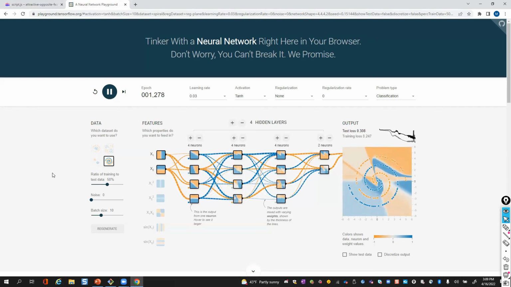Yes, I have a question. Yeah, go ahead. I have, I guess, a 2-part question. First, on the output where it says test loss, are you trying to get that number as low as or closer to 0 as possible? I am. Okay. I'm trying to bring these numbers down. Okay. And what is the determining factor for adding or subtracting hidden layers and neurons?